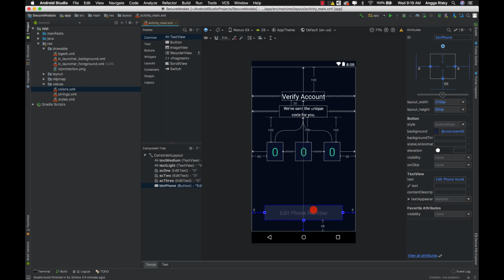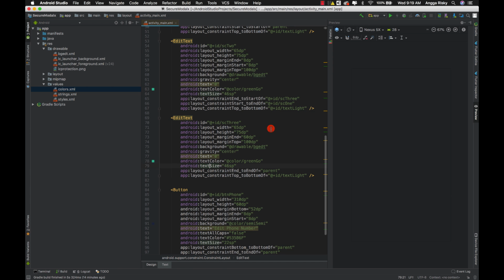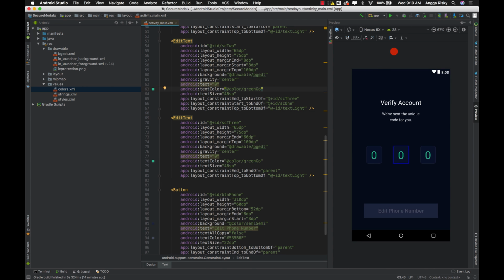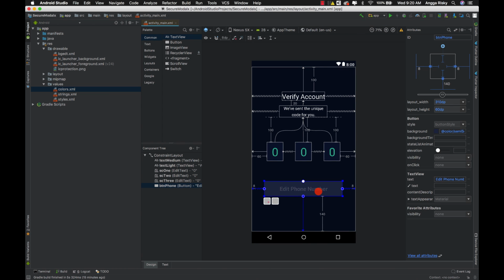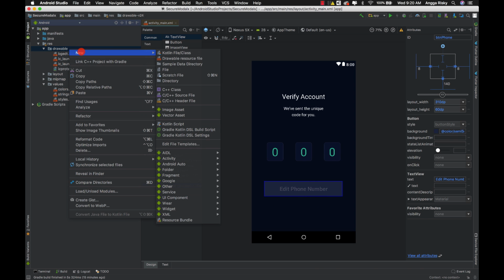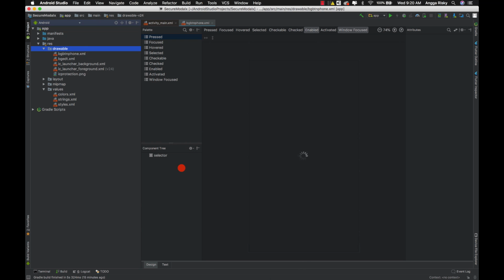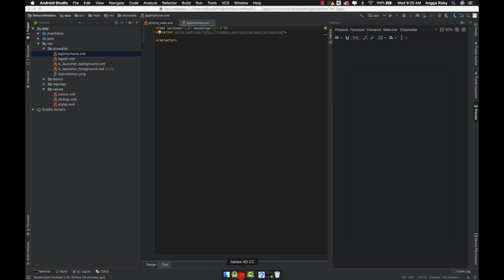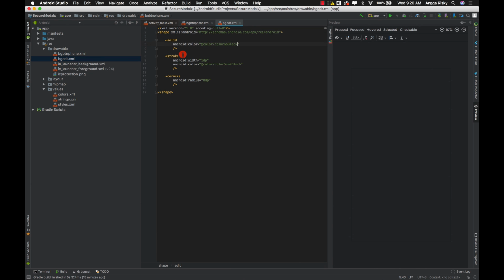Okay, and just go with 52. Okay, so I think we have to test first in the emulator. So before we test, we have to move this button over here, and we have to create a new drawable for the background button font, because if you pay attention in this design, the button has the radius. So I think we have to give the radius like the way we do with this one.